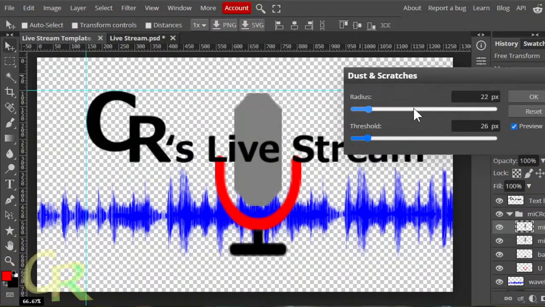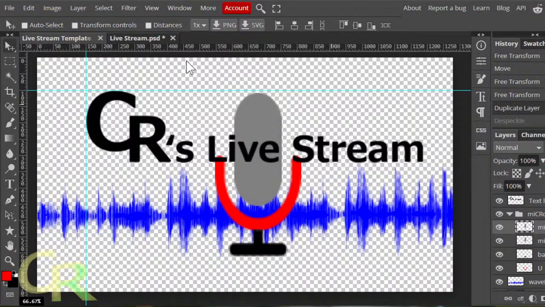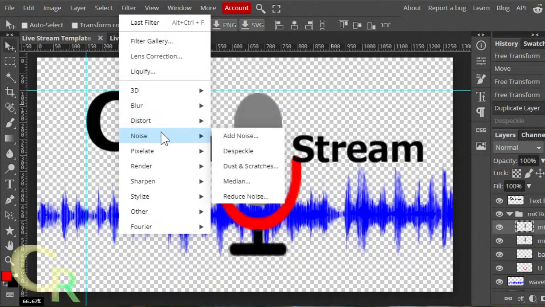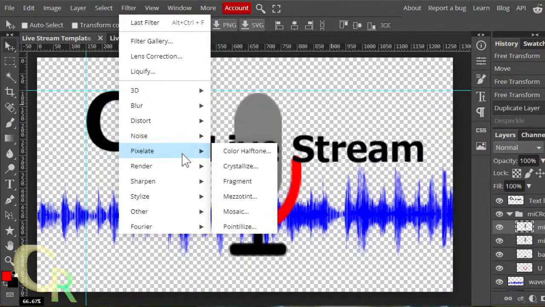I'm trying to look for something that will make it look more like mesh. Like when you see a professional microphone, you know what I mean? Like that kind of thing. They're all crystallized.